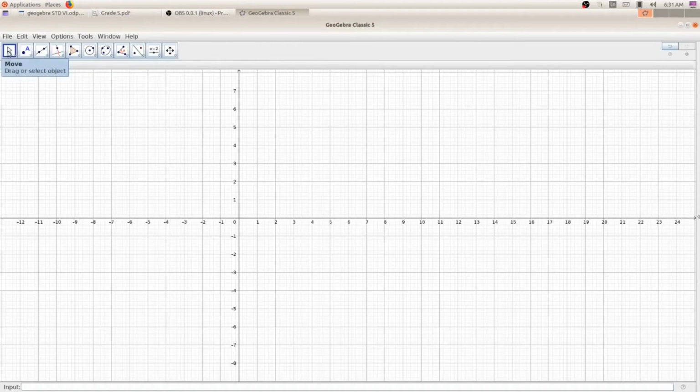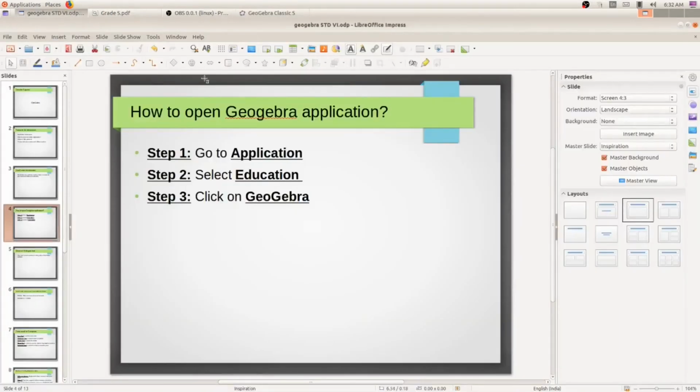Here you can see move, point, line, perpendicular line, polygon, circle, etc. We are having only circles. We will discuss in detail at that time. So this is known as GeoGebra window. Now what is our next topic?